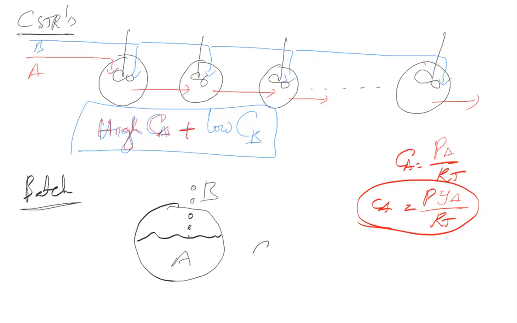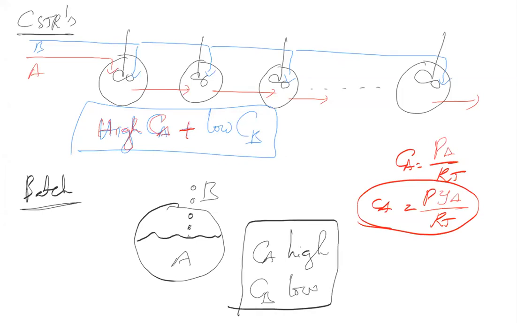so that the concentration of A is high. This is a semi-batch reactor. If you visit Reddy's lab, you will find this kind of reactor. You load the reactor with reactant A, one of the reactants, and slowly, drop-wise, you add another reactant B. So this is how Ca is kept high and Cb is kept low. This is what is called a semi-batch reactor. So this is how you operate a batch system.